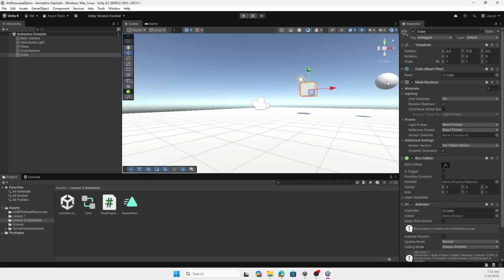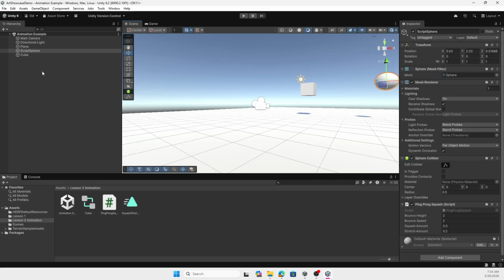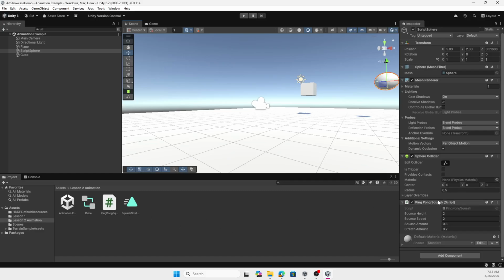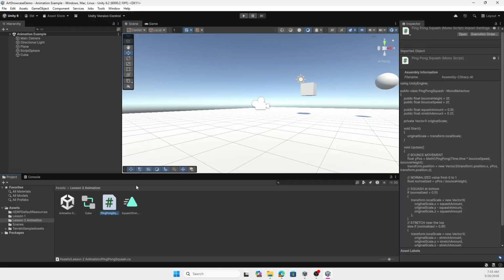Now on this sphere, all I have is a script. Full disclosure, this was a script that I just used AI, Microsoft Copilot, to get something really quick. And I just tested it, added it onto the sphere, and this is again what it looks like when you hit play. It moves up and down and it changes its position. And you can change all of this stuff here. And if you look at the script, again,